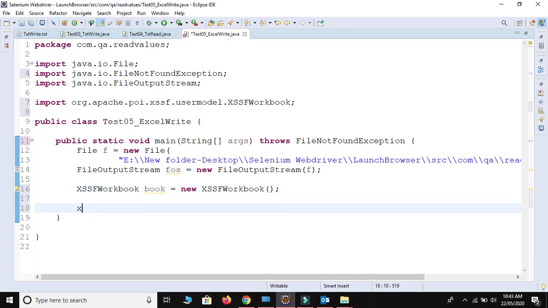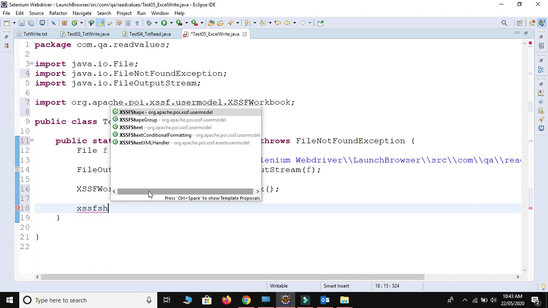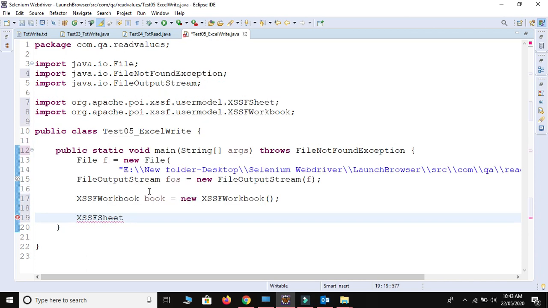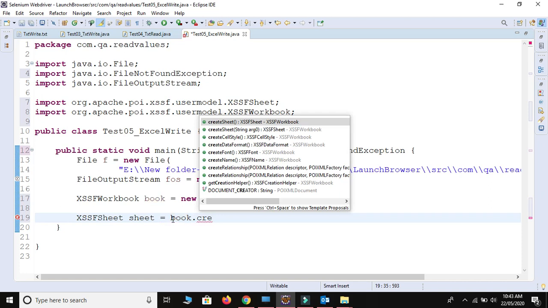So we use XSSFSheet, again from the Apache POI jar. XSSFSheet is equal to. Now we are going to create a sheet inside the book. So we use book dot createSheet method.